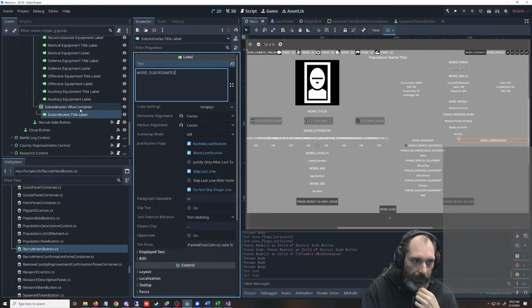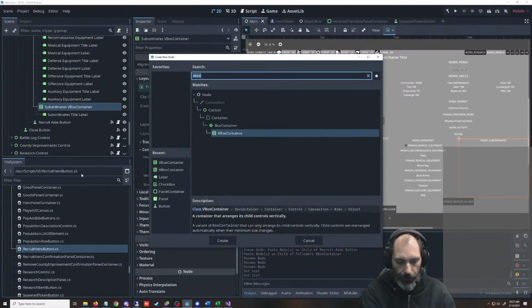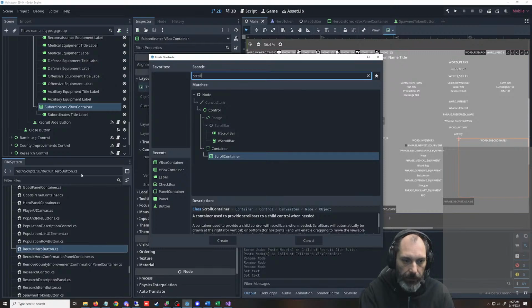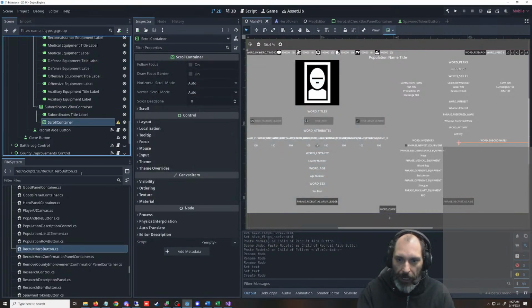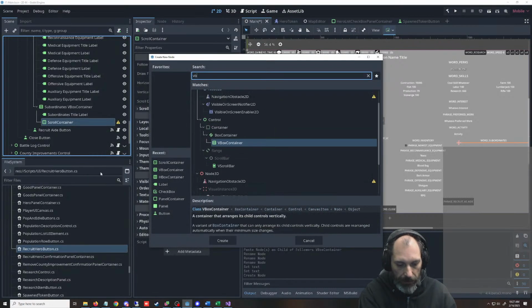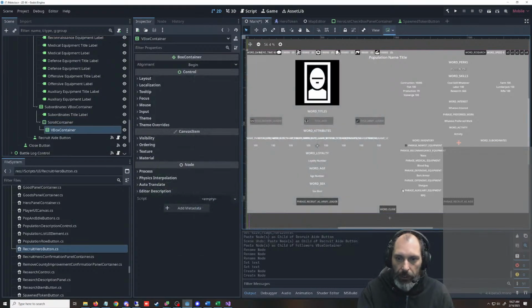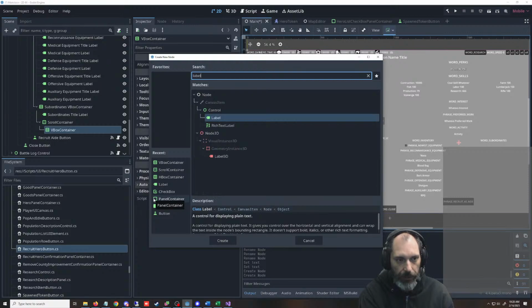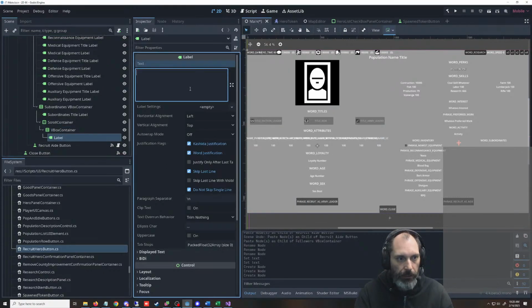So we'll add in here a scroll container, and then inside the scroll container, we're going to need another VBox, because that's how those things work. And then we'll just put a label in here, and we'll call this test label or something. We're not going to translate it.